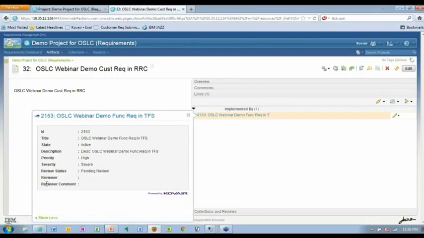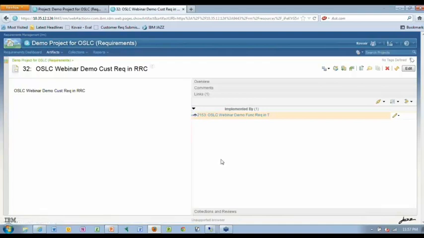And if I ask for more information to be shown, it shows additional information. How much information you want to show in the short dialogue versus when you ask for the more dialogue, all these can be configured for different tools and different entities using CoVer OSLC provider settings. Okay. So now that the functional requirement got created in TFS, I would open